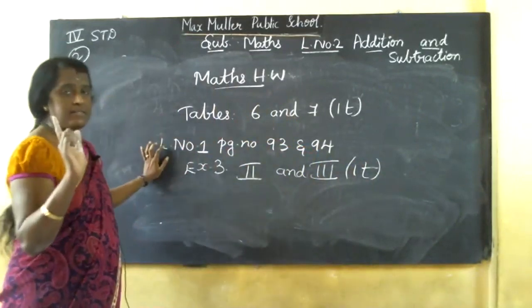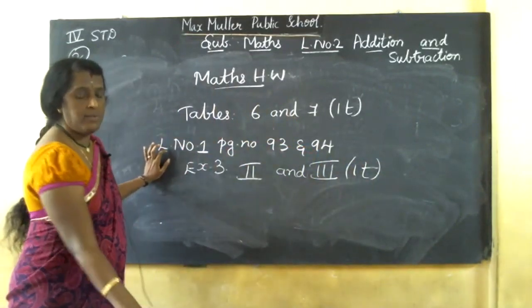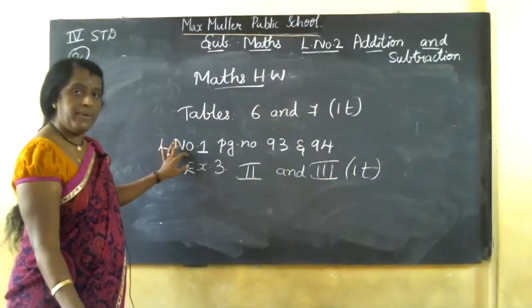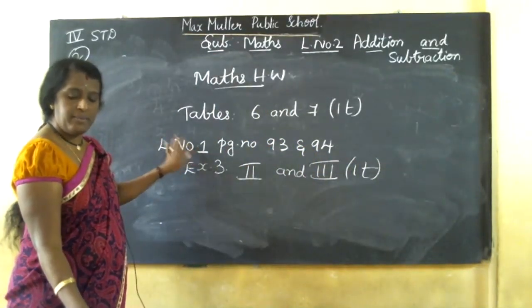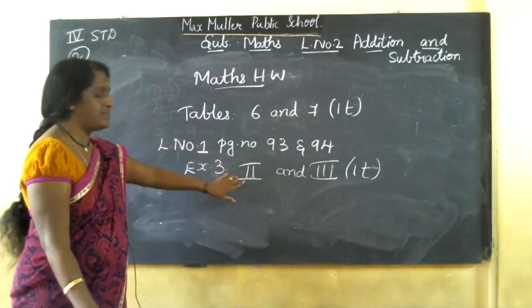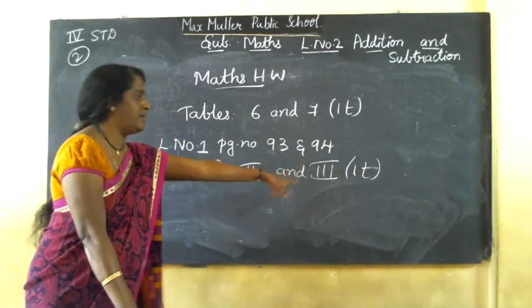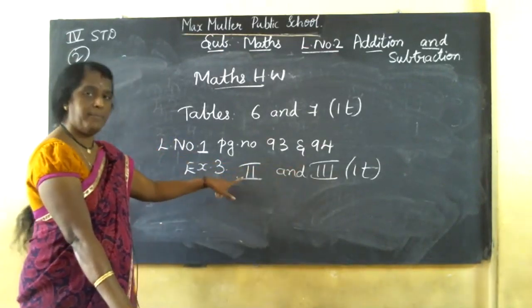Exercise 3, first main, the abacus is there. Don't write the abacus, children, because when you draw it, it will be a mistake. We'll do it in the classwork. So second main, number names: write the number name and the number also. Third main, compare using the symbols.